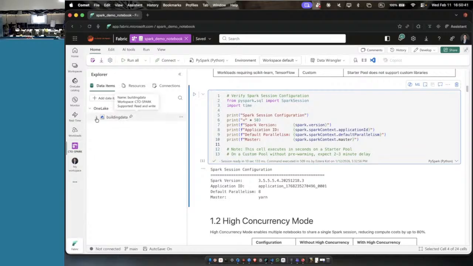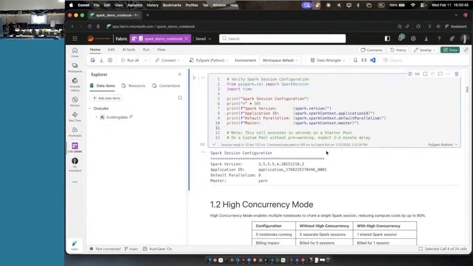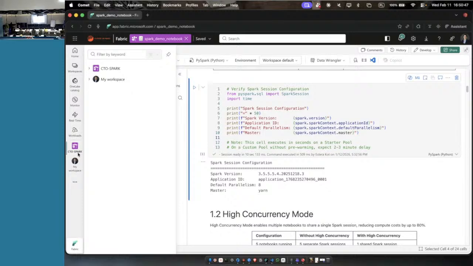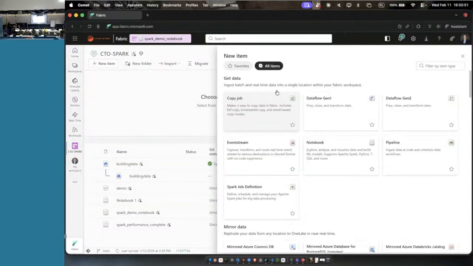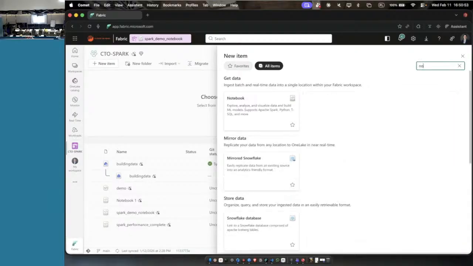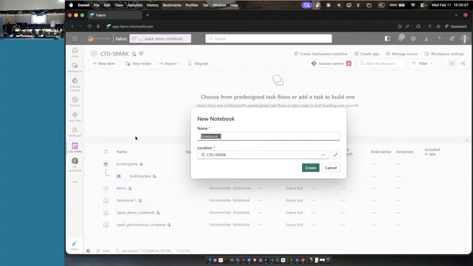Let's imagine I will create a new notebook, because this one is all about how to optimize Spark to run fast. Here I'm creating a new item, finding notebook, selecting it and putting a name, Doha. I click create.